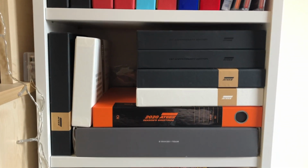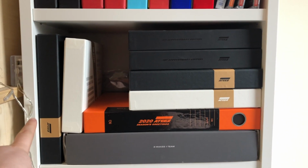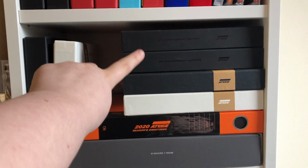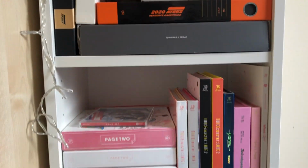Moving down here, I have the A to E fan kit, episode Fin, A and Z, and then 2 more copies of A and Z here, their season's greetings, and then also their anniversary version of episode Fin. Then moving down,